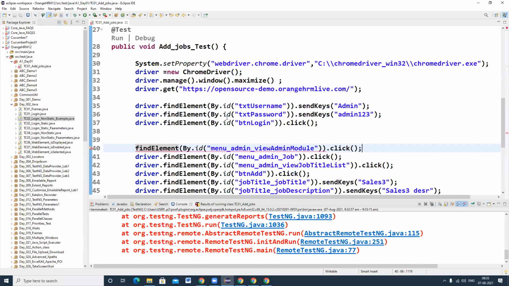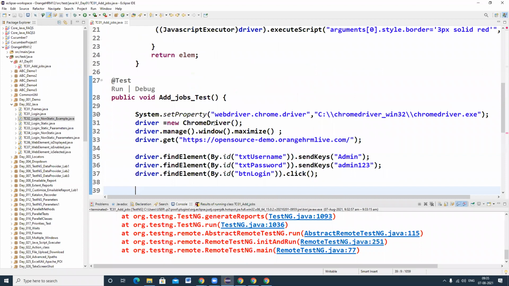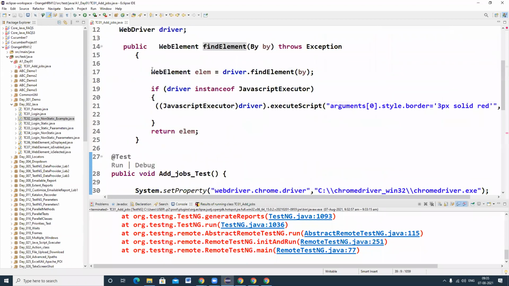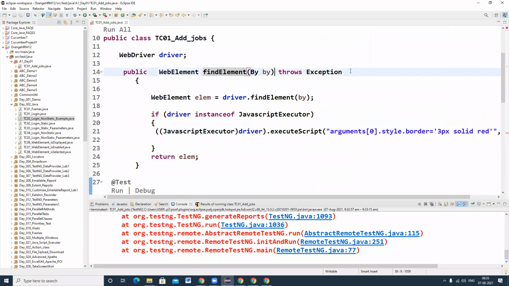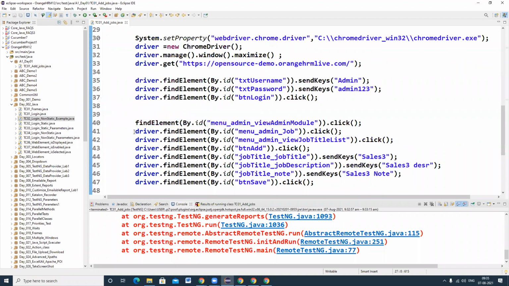So if you are writing any method, the syntax for any method, see here I have written one method, public and find element, and for any method you have to write this keyword, throws Exception. Suppose if you are writing public void method name and throws Exception, this is the syntax. Whenever you are writing any method, immediately you can write throws Exception. About this keyword and this explanation I will tell you in the next classes. Okay, I'm saving. So wherever you are writing driver dot, just you can write find element only.